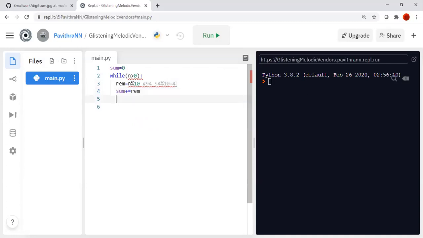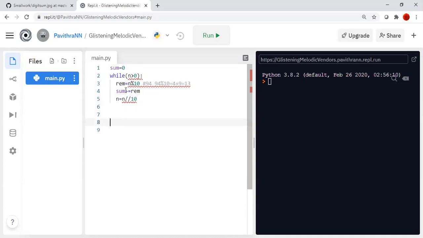After that, we have to do n divided by 10. That means we are dividing and discarding that 4, and then n will be saved as 9. After that, the process comes here again. Then 4 plus 9 will be saved, which equals 13, so the sum will be 13. This is the answer here. But we have to do this process again and again.